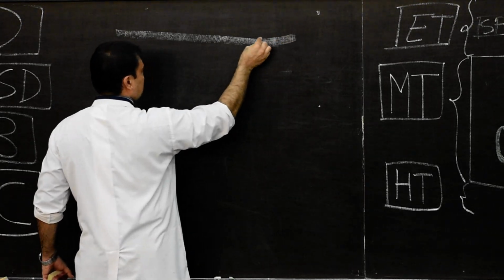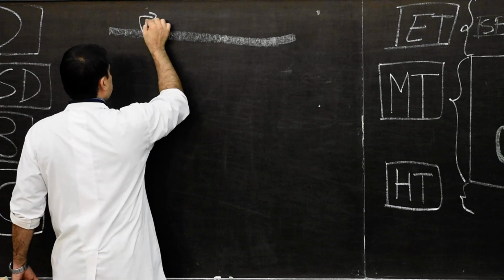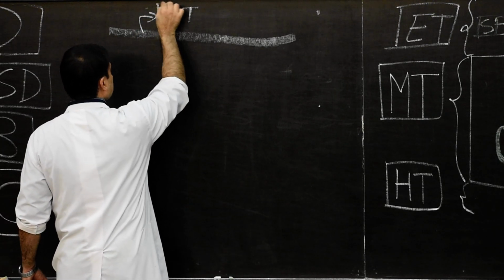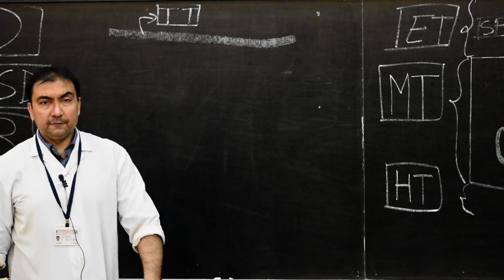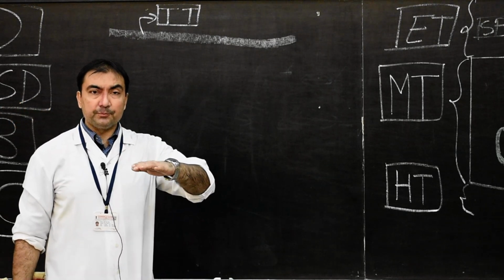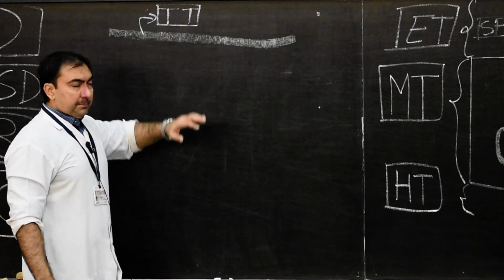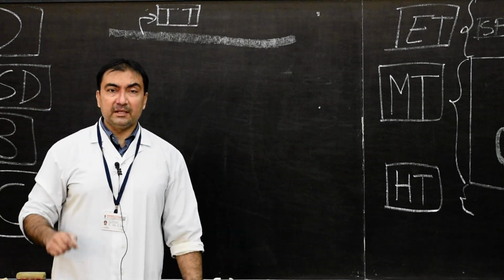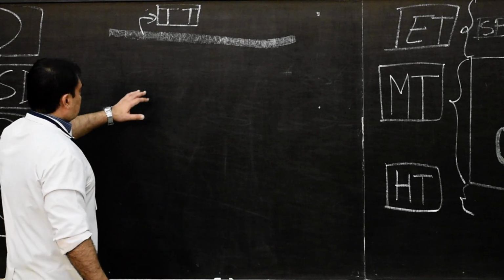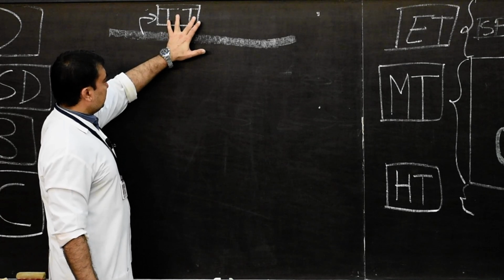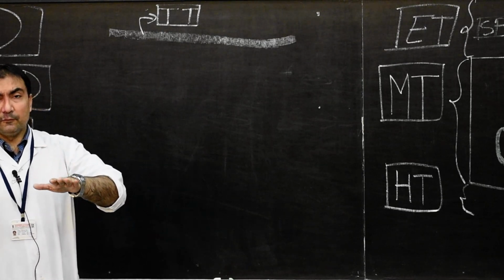This is the superior wall, which will be known as tegmen tympani. So here we will mention it as tegmen tympani bone. This tegmen tympani bone, which consists of the petrous portion of temporal bone, will form the superior wall of the middle ear cavity. What is present above the tegmen tympani? Above the tegmen tympani, we come across the middle cranial fossa, so the temporal lobe of the brain. Now here, this superior wall is formed by tegmen tympani. So it is also known as the tegmental part of the superior wall.